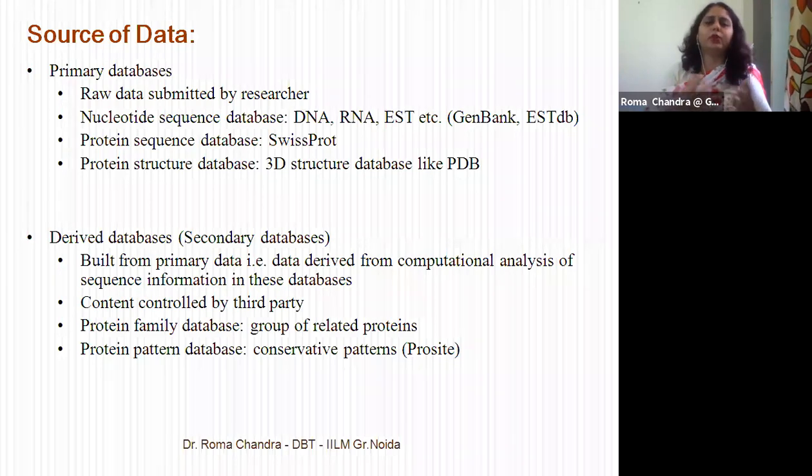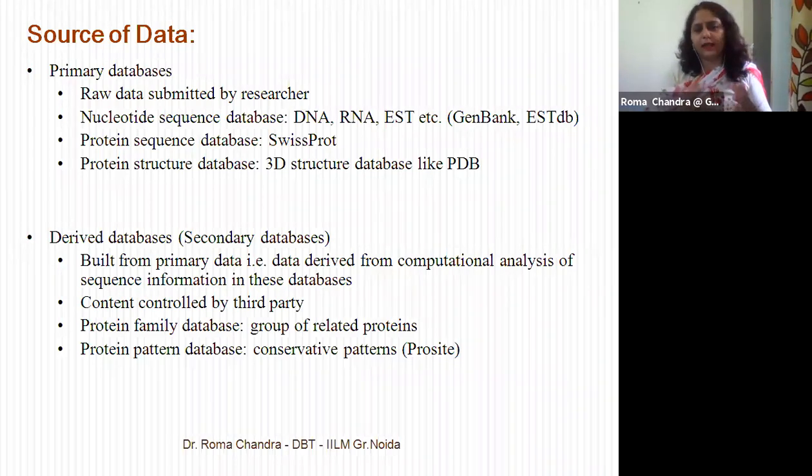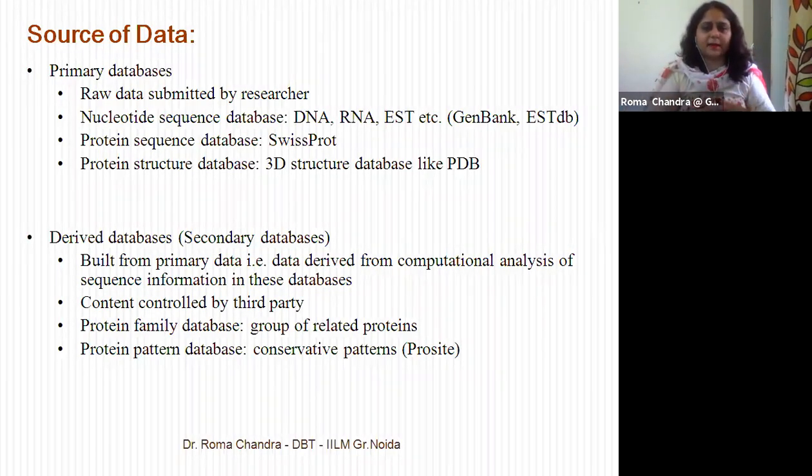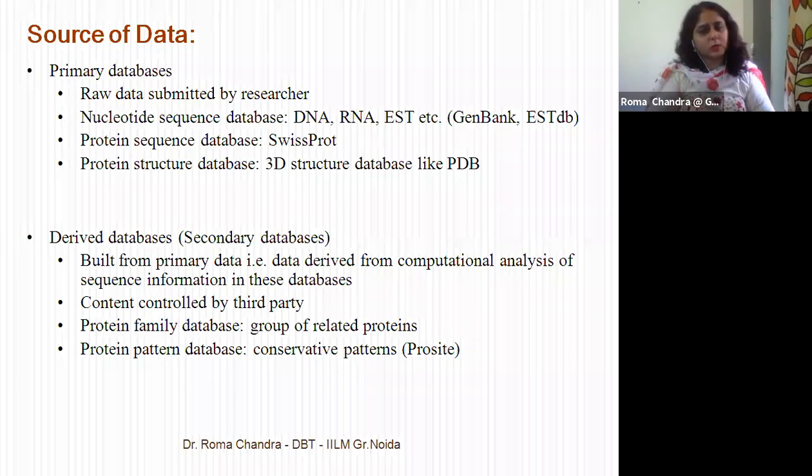It is a kind of a raw data. ये raw data है, इसको हमने refine नहीं करा है, we have not modified it. ये जैसा हमने extract करा है वैसे we are trying to submit it in the different databases. And it can be DNA, it can be RNA. ठीक है, ESTs होते हैं, expression sequence tags, ये short segments होते हैं आपके DNA के। And इससे related भी databases हैं हमारे पास।